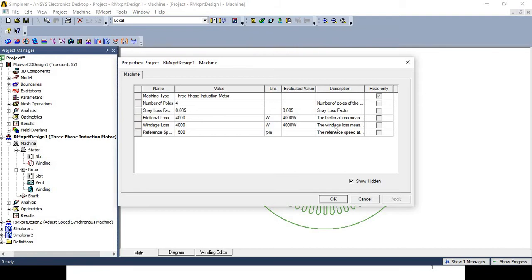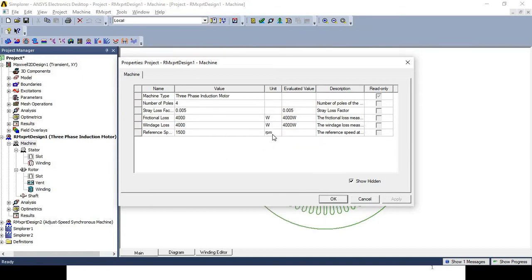And reference speed is the speed at which the friction and windage losses are measured, is 1500 rpm. Of course, in a few parameters you have the flexibility to change the unit. Like frictional loss, we had selected the unit watt, but you can select any other unit like megawatt, kilowatt, etc.